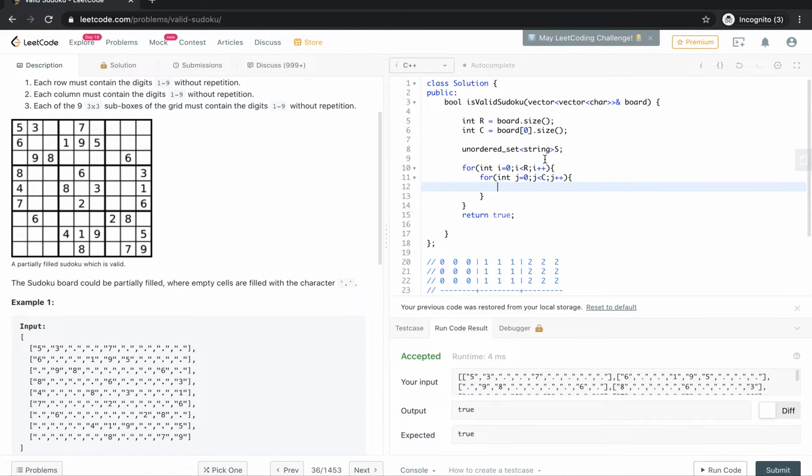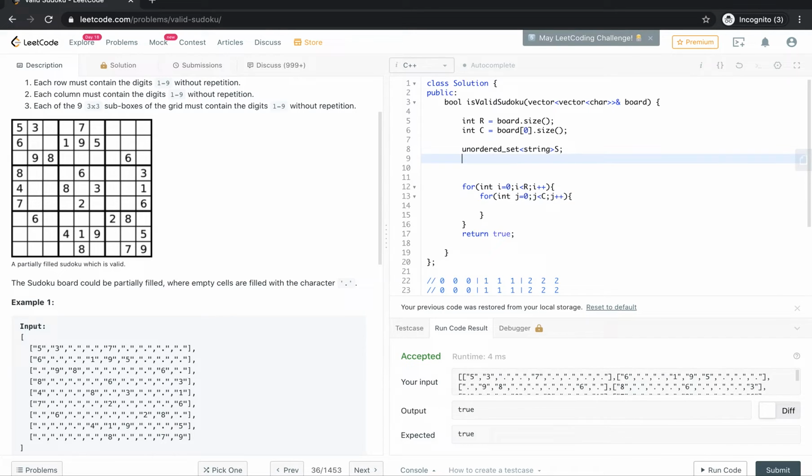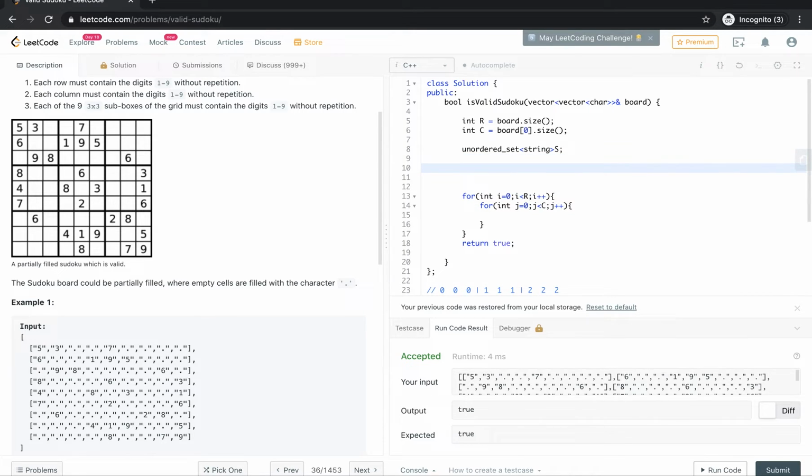But we used 3 maps in the previous case to distinguish the rows, columns, as well as the boxes, right? But if you use a single set, how can we differentiate rows, columns, and boxes? For this purpose, while inserting into the set, let's devise a formula. For rows, we'll append the character, that is the current cell, with the existing string.